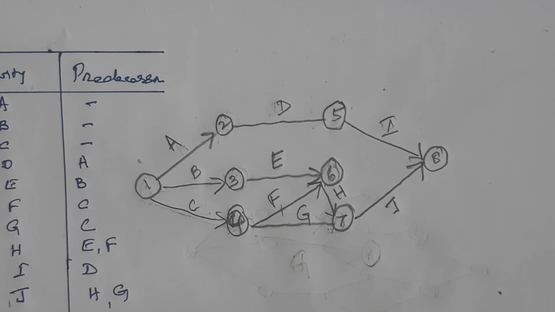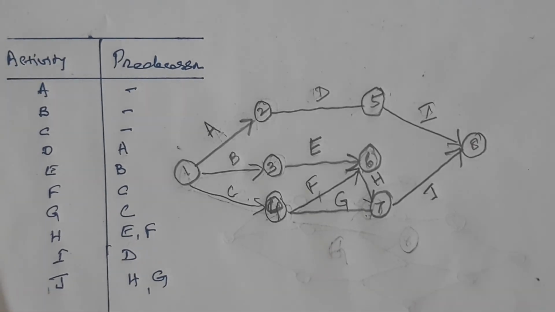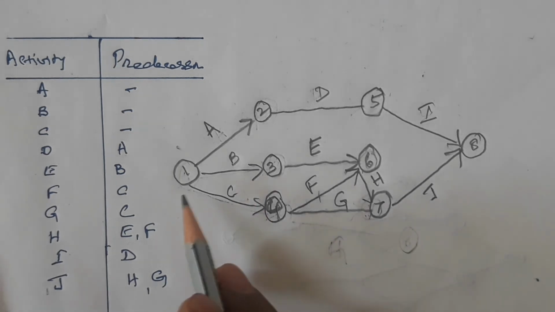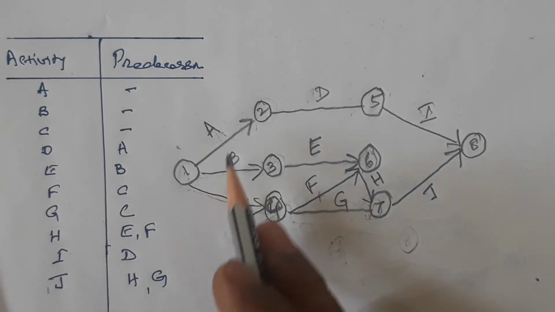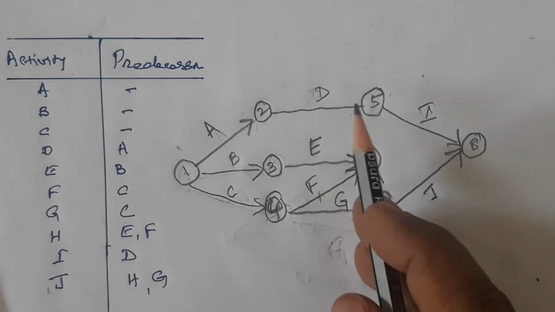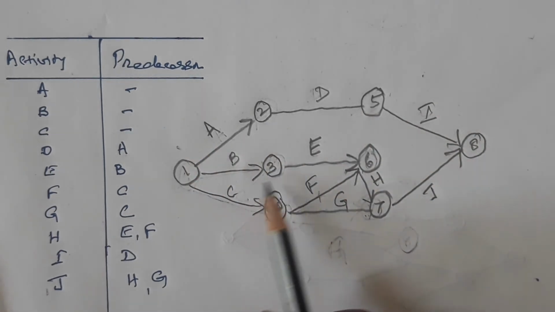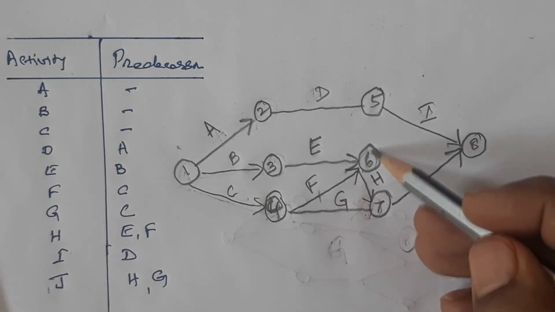So by understanding this simple concept, we can prepare a network diagram. And the use of this network diagram is that even any layman can understand this diagram in a very simple way. For example, somebody looks at it here, A. There are three activities to start now. He can start A, B, C. Then he will understand, oh, to start D, we need to complete A. Similarly, to start E, we need to complete B. He will understand like that. Similarly, to start H, we need to complete E and F.